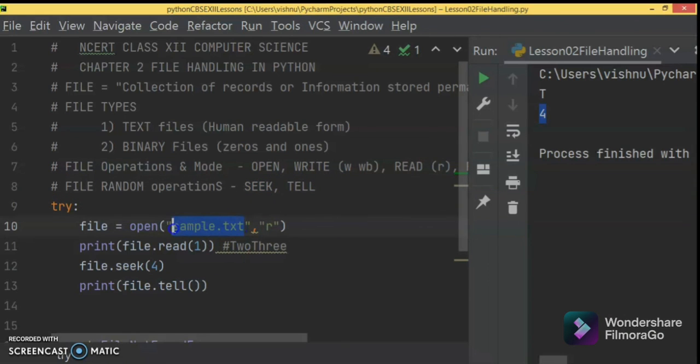So in sample.txt we have 2, 3 as the content. If I want to move to the 4th position, I can use seek of 4. Then if you ask the file where the pointer is, it will tell you it is in the 4th index position.